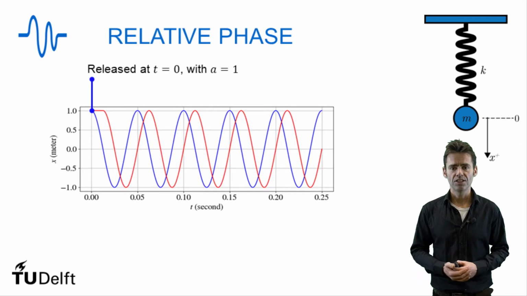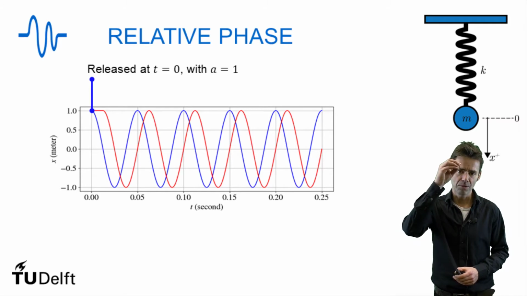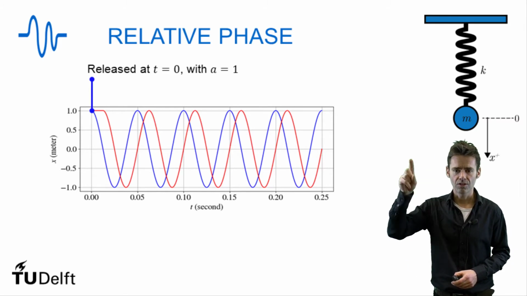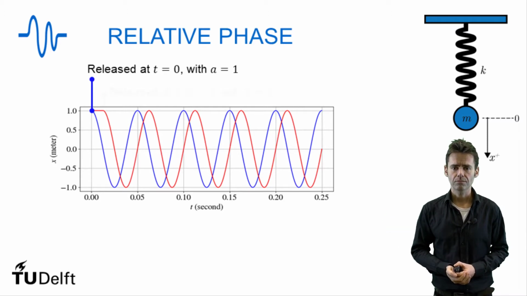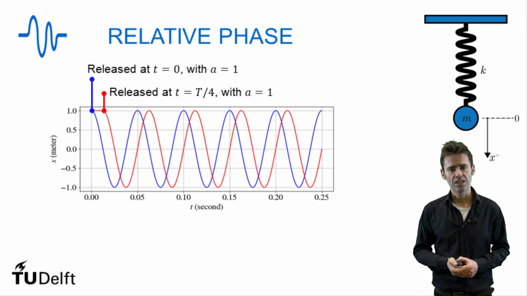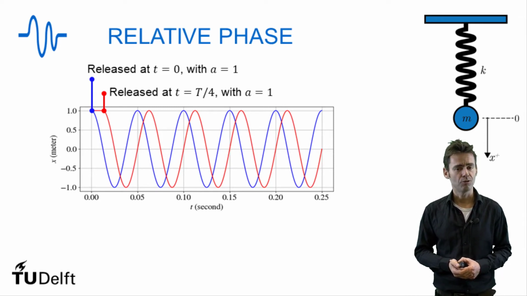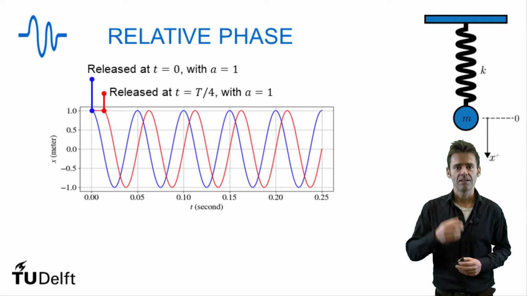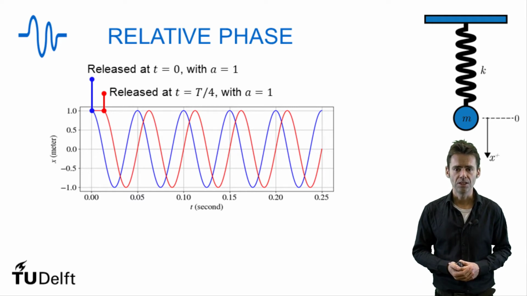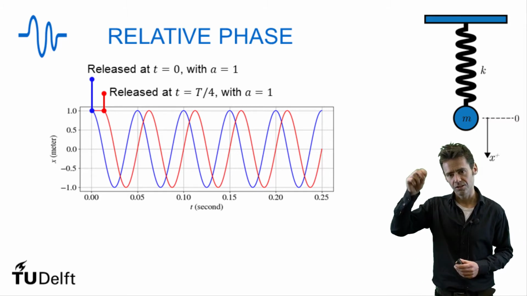Case 1 is the solution where we release the mass at time t equals 0, and we see that it's an oscillating behavior, again, such as a cosine. So it starts at its maximum amplitude and then oscillates back and forth until infinity. Now if we release it at a time t equal to capital T over 4, essentially we give it a phase lag of pi over 2. And we see that the oscillation is maximum at this phase lag of pi over 2, which is equal then to capital T over 4, and then afterwards it again follows this cosine pattern.